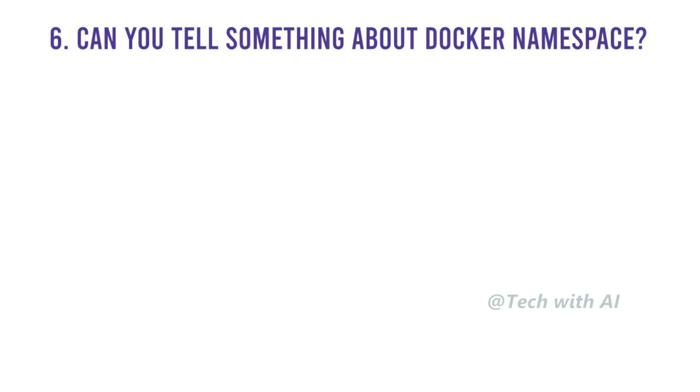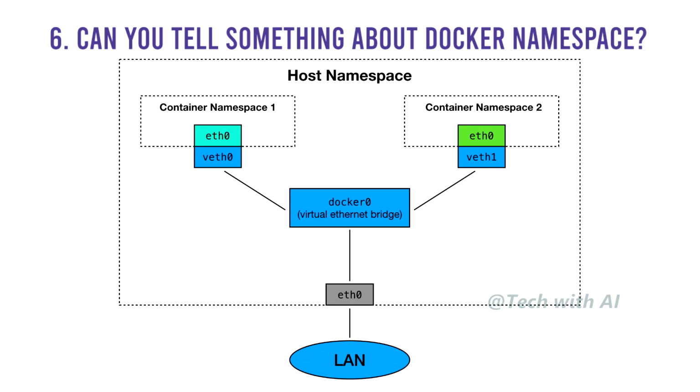Can you tell something about Docker namespace? A namespace is basically a Linux feature that ensures OS resources partition in a mutually exclusive manner. This forms the core concept behind containerization, as namespaces introduce a layer of isolation amongst the containers. In Docker, the namespaces ensure that the containers are portable and they don't affect the underlying host. Examples of namespace types that are currently supported by Docker: PID, mount, user, network, IPC.